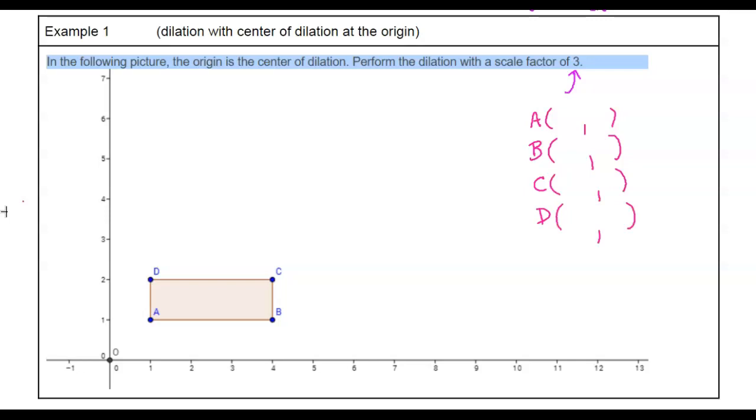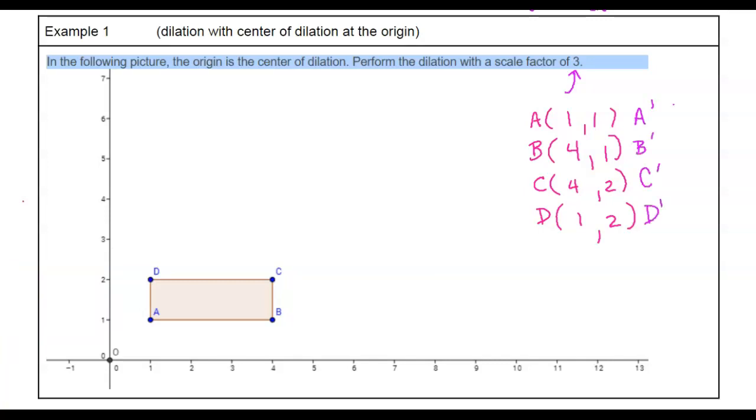So A is at 1, 1. D is at 1, 2. B is at 4, 1. And C is at 4, 2. And so remember, the object is going to move because it also needs to be 3 times the distance from the origin. So when I go to find my new answers, we label that as A prime, B prime, C